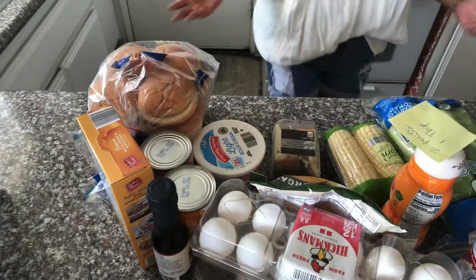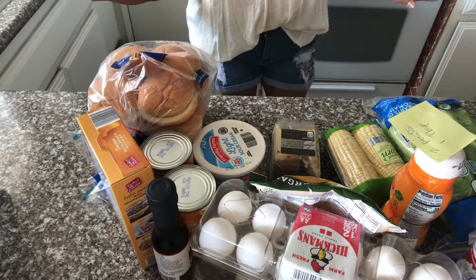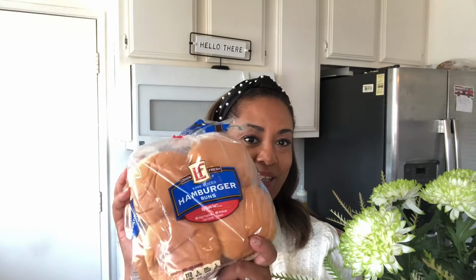So again, I have a quick little mini haul from Aldi. Okay, the first thing that I want to talk about is the hamburger buns. So these are the Le Oven Fresh hamburger buns from Aldi, and I'm so excited because these buns are 3